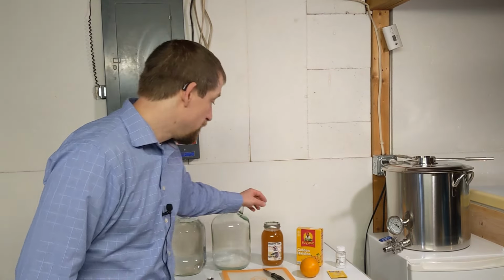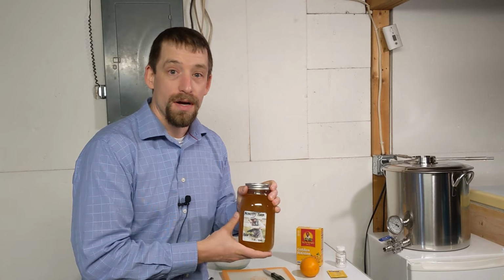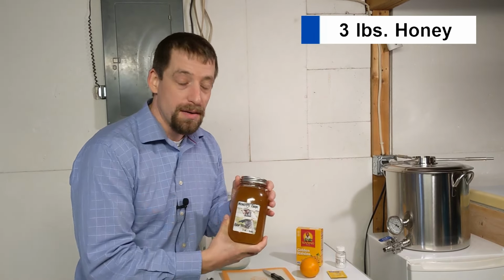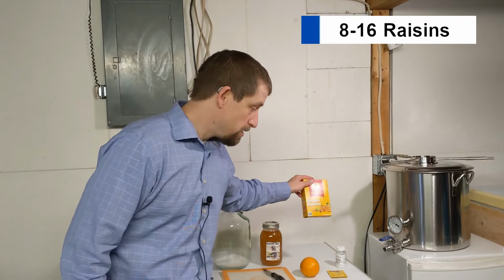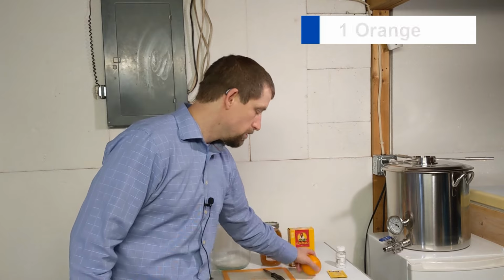We're making mead today. First, I want to thank Money Pit Farms for the honey I purchased from them. I like using local honey in my meads over store-bought, but store-bought works just as well. We're also going to need some raisins, golden or standard, black, purple, works, and orange,